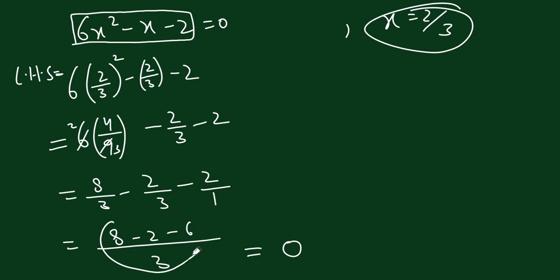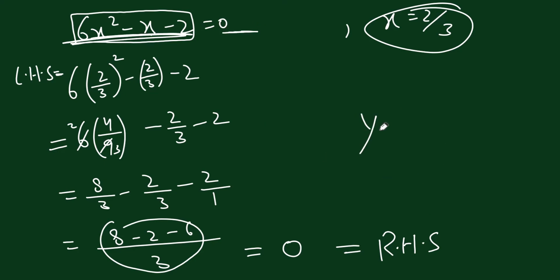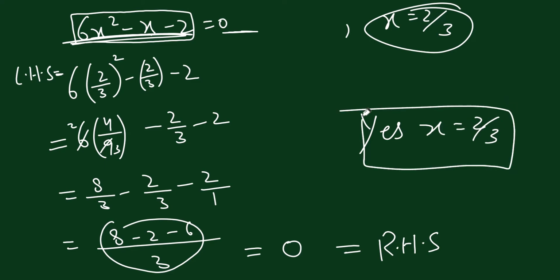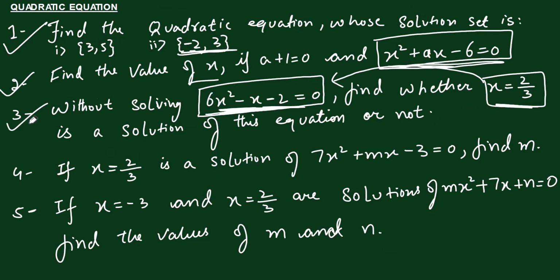So this value we got equal to 0 when we substituted x as 2 by 3. So we got LHS equal to 0, that's equal to RHS, right? We got the left hand side value 0 and RHS is 0. We got LHS is equal to RHS. So yes, x is equal to 2 by 3 is one of the values of x for this question. So we say yes. The fourth one, if x is equal to 2 by 3